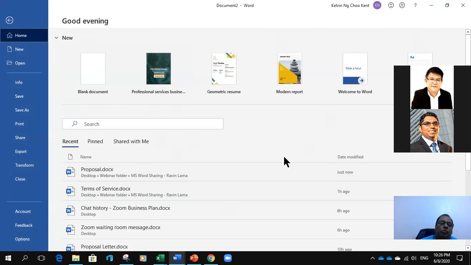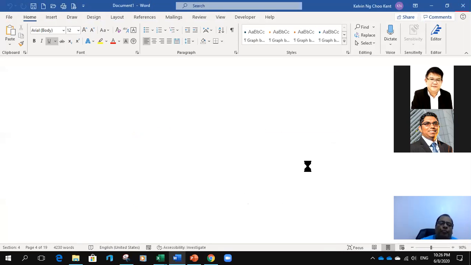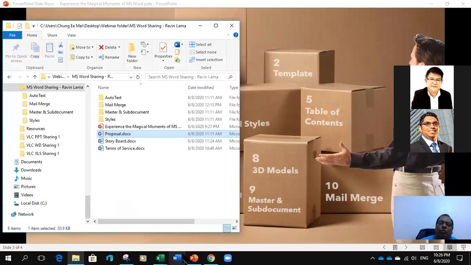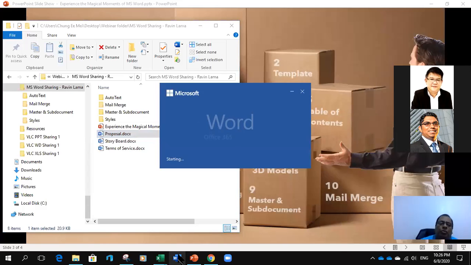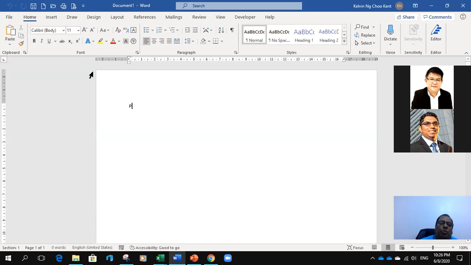So you see, I close everything. Now I don't have my Word document even. I start my brand new Word document again. I turn off everything. So I go to my Word, brand new document. So now I'm going to type proposal. Now, the fact that I did not save the file earlier, I will not be able to get the proposal. But I do that. Okay, let me just try that again.